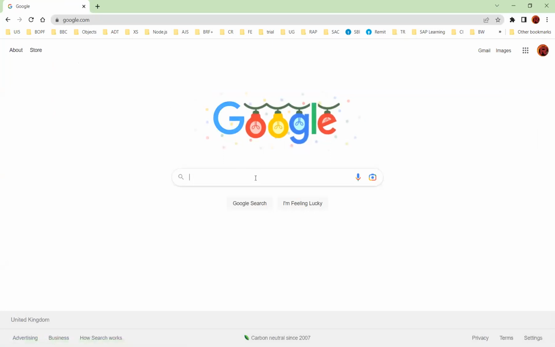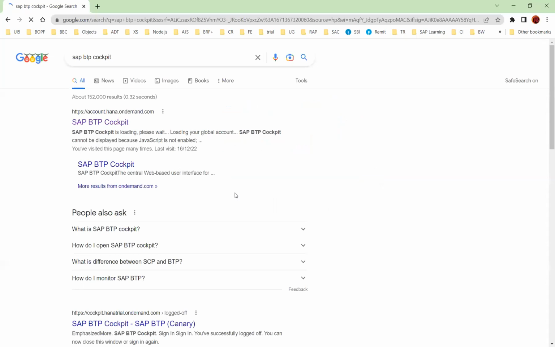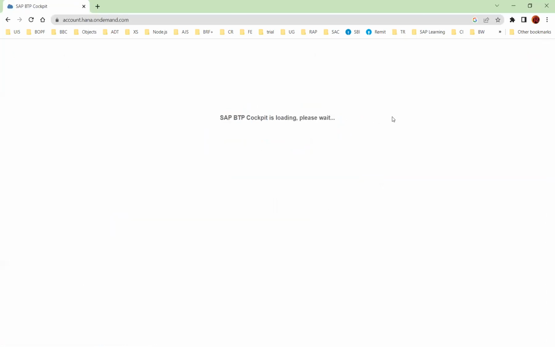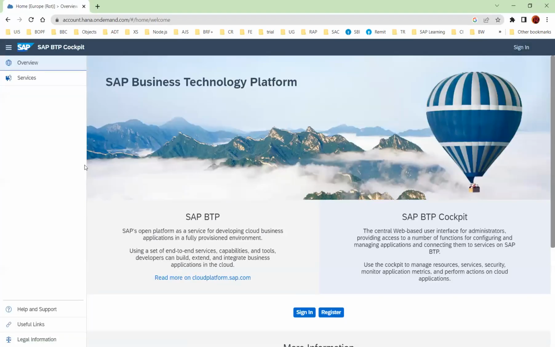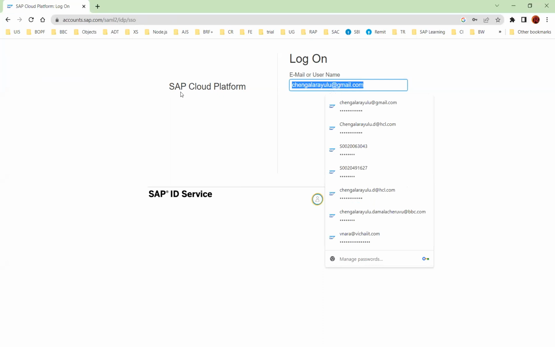So now it's pretty simple. We just go to SAP BTP cockpit. So we search for SAP BTP cockpit. There you go. So we'll go to the SAP BTP cockpit. This is the launching page of SAP BTP cockpit. Whatever operation we want to do on SAP BTP, this is the launching page for us. And if we sign in,